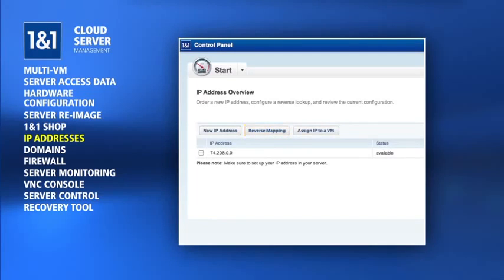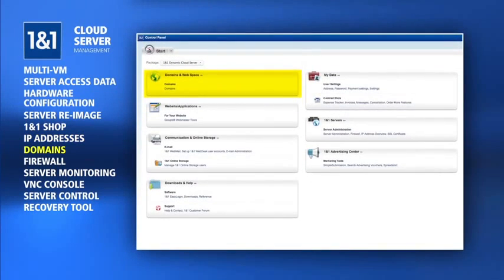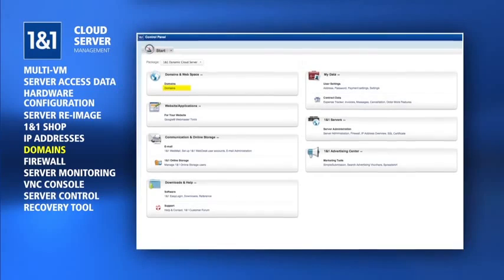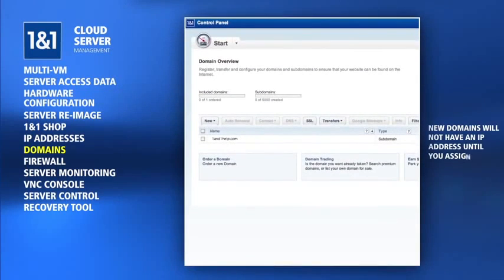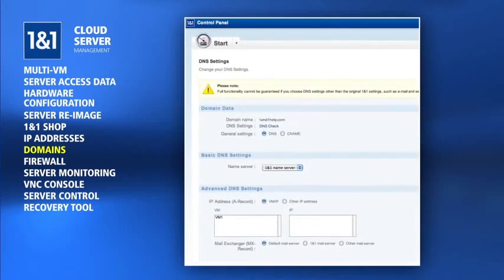the IPs. In addition to assigning IP addresses to your cloud server virtual machines, you must also assign your domains to specific IPs. Click on the Domains link from the Control Panel Start page to see all of your domains. Any new domains you order will have no IP address until you assign one. Check the box next to one of the domains and click the DNS button, then Edit DNS Settings. For the IP address assignment near the bottom, select the VM/IP option. You can now choose the virtual machine you want the domain to point to, and then select the specific IP